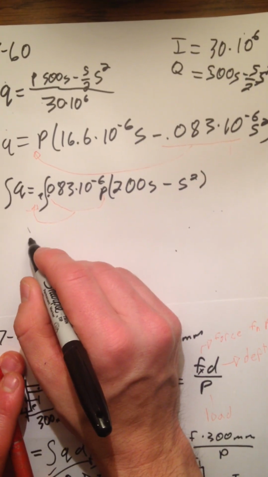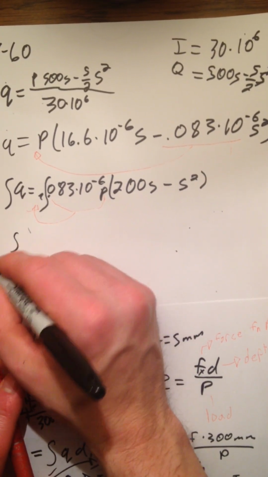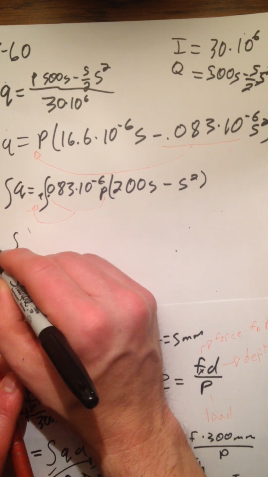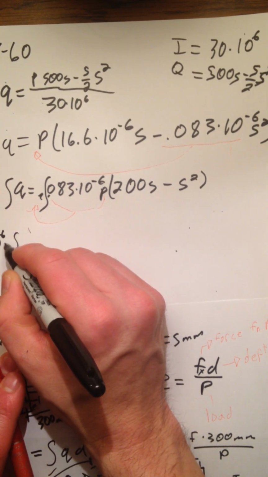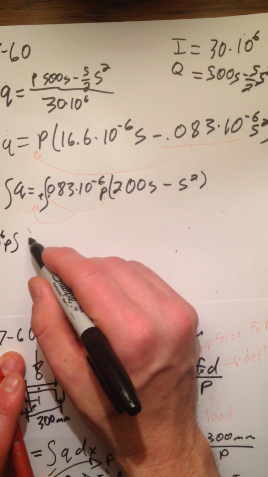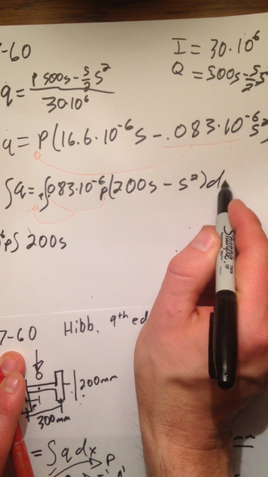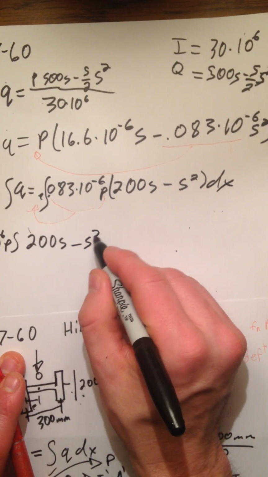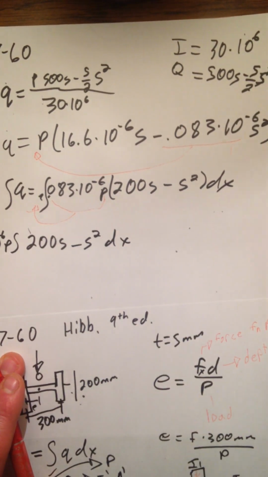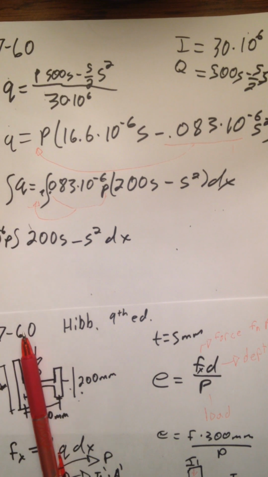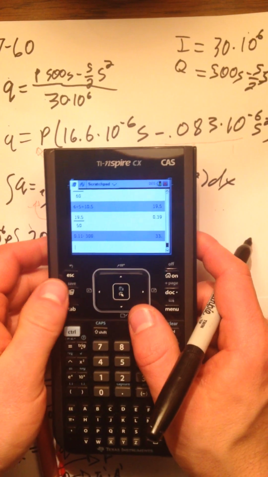So we will get the integral of 0.083 times 10 to the negative 6 p times, and then in here 200s minus s squared, there should be a ds here, all apologies, ds. So if I can find my handy dandy Inspire,